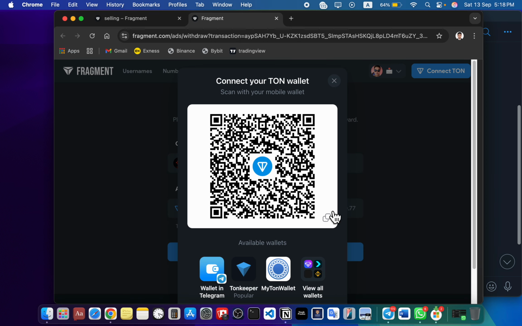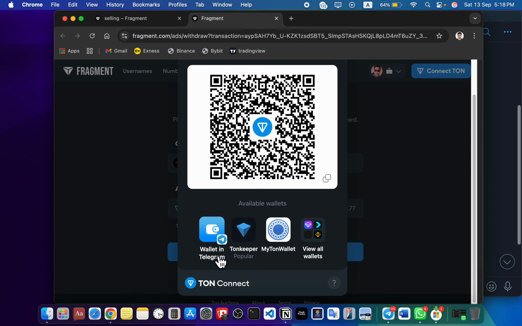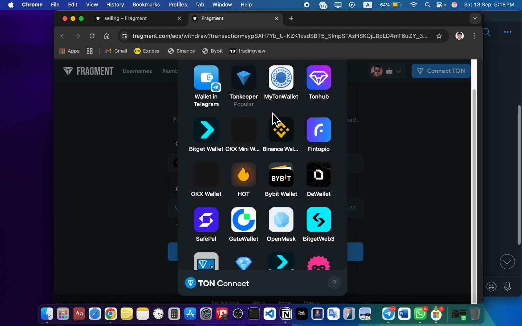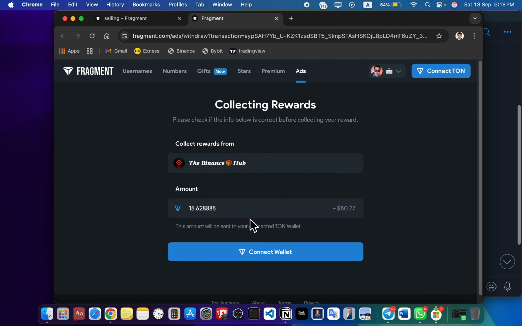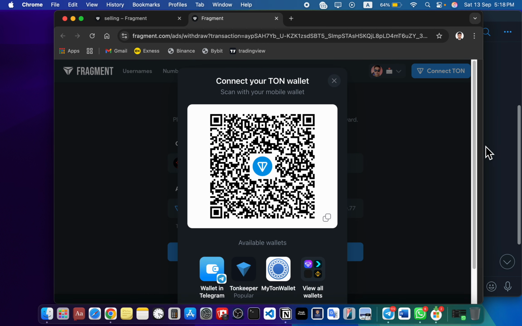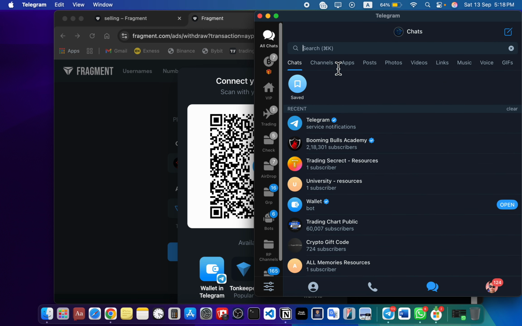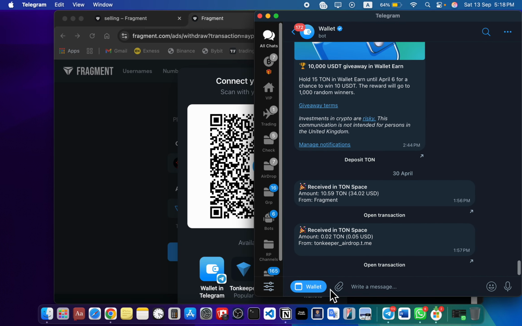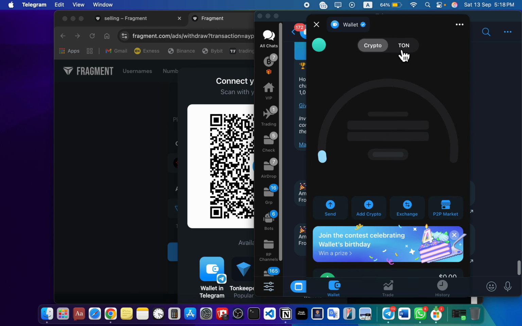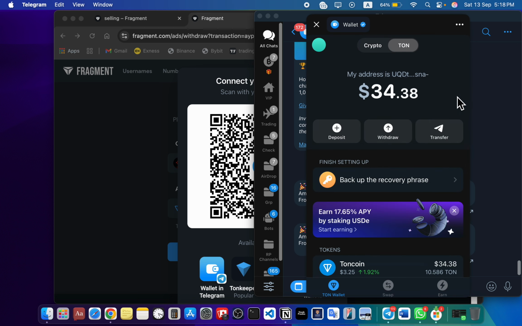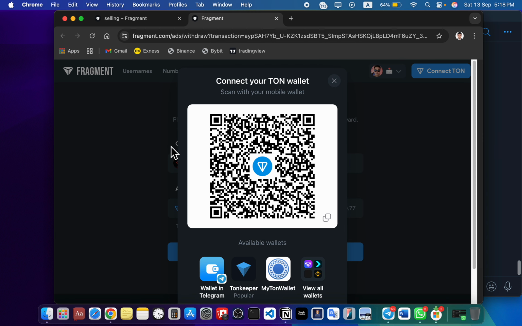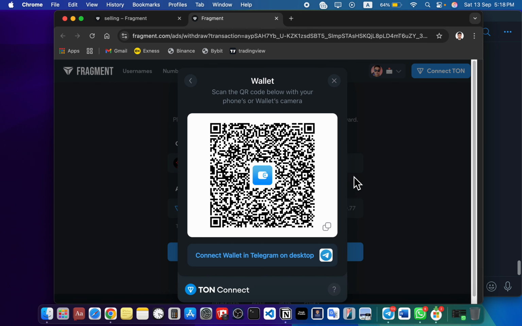Okay, let me go. After all, there will be the wallet in Telegram. You can use Tonkeeper or MyTonWallet, or otherwise Binance and others. There are so many wallets here, and I prefer the Binance built-in wallet because I already have this one. This is my wallet. To connect this wallet, come back to your Fragment and connect to the Telegram Ton wallet,